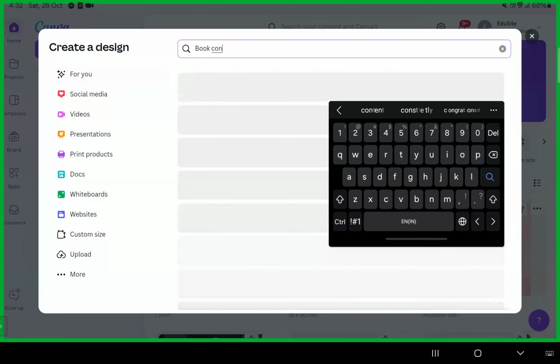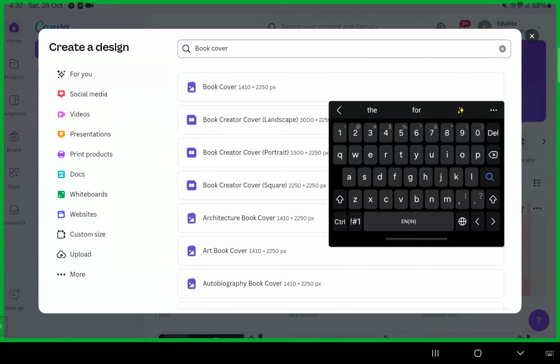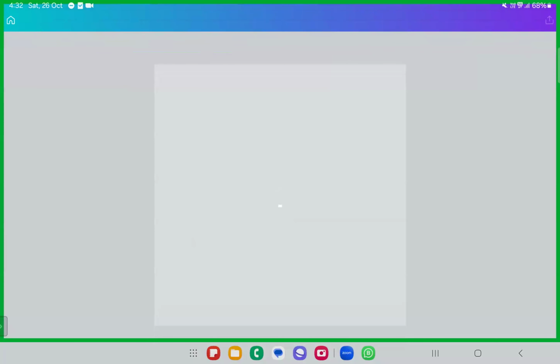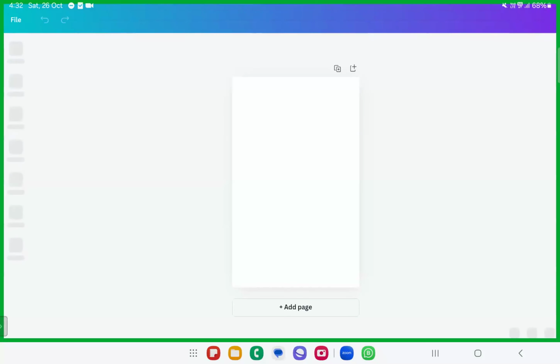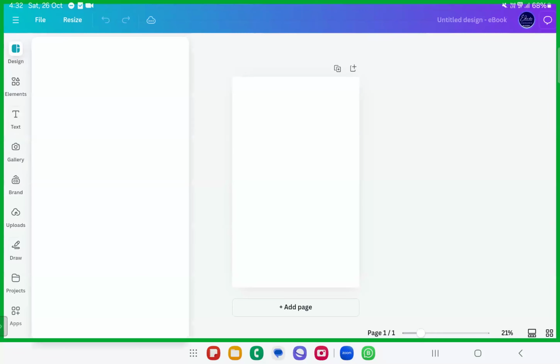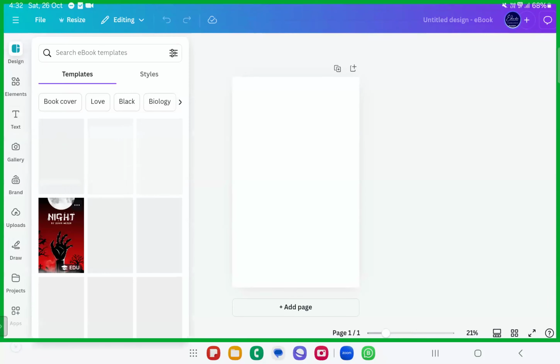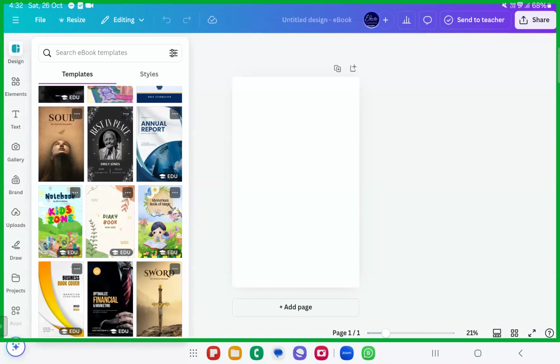Usually what happens is the authors will give you a book name, a book title. They'll tell you this is the book name. Then you just have to design the book cover for them and give it to them. So you can go ahead with the Fiverr application or the Upwork application, and you can just write your gigs over there. Book cover. You have so many book covers like this.